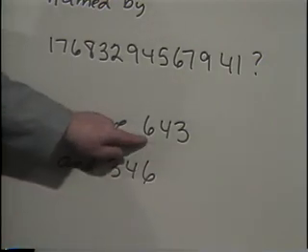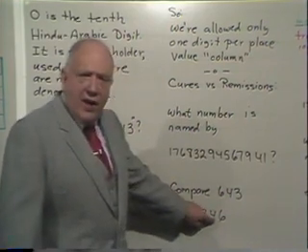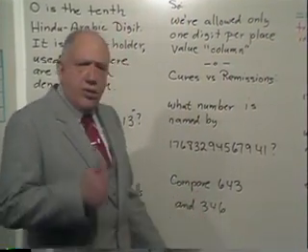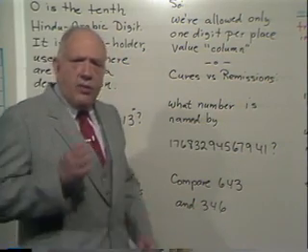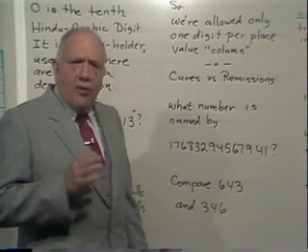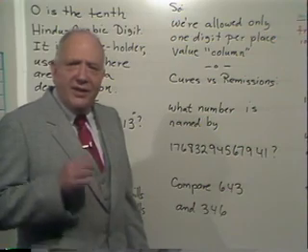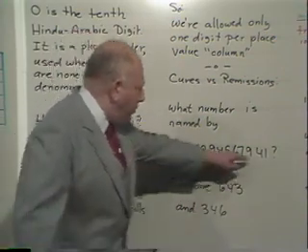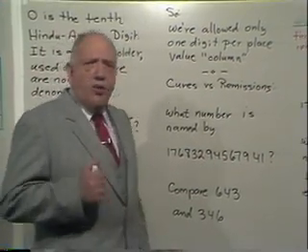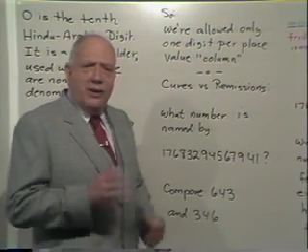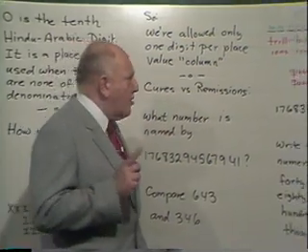We know this is what? Without even counting, we say what? 643. Here we say 346. See, we're used to 1s, 10s, and 100s with no troubles at all. And notice that with 1s, 10s, and 100s, without using more than 9 of any denomination, you can get up to what? 999. The problem is you have too many denominations over here. So what we did was we decided, okay, people can keep track of numbers up to 1,000 very easily, so what we're going to do is the following.